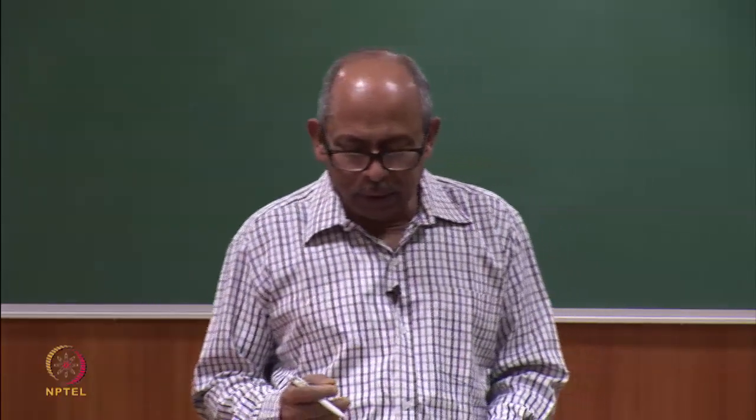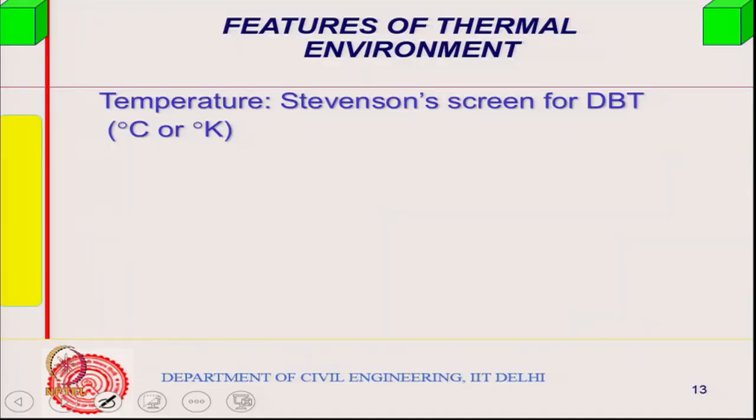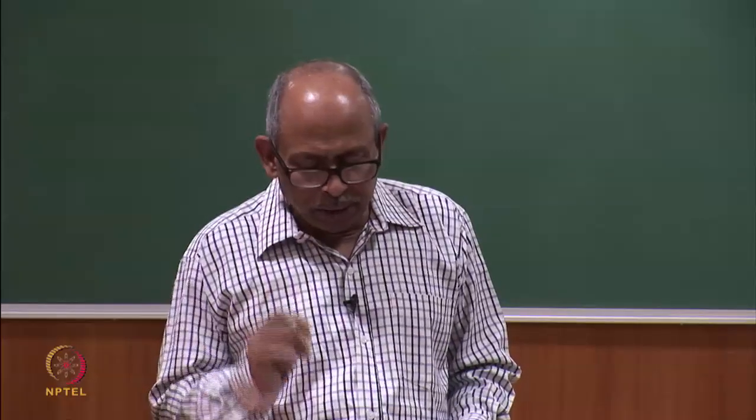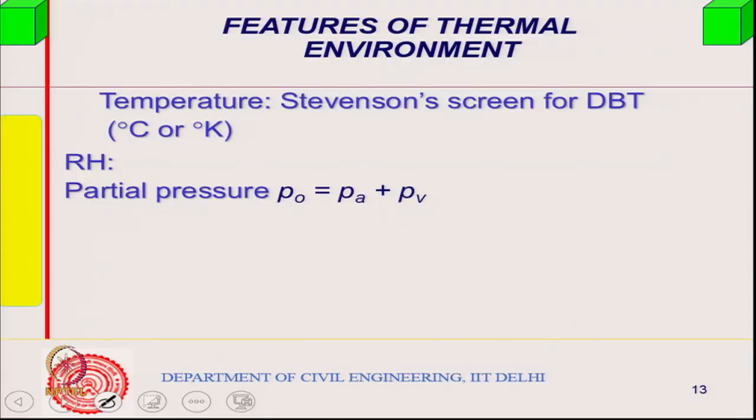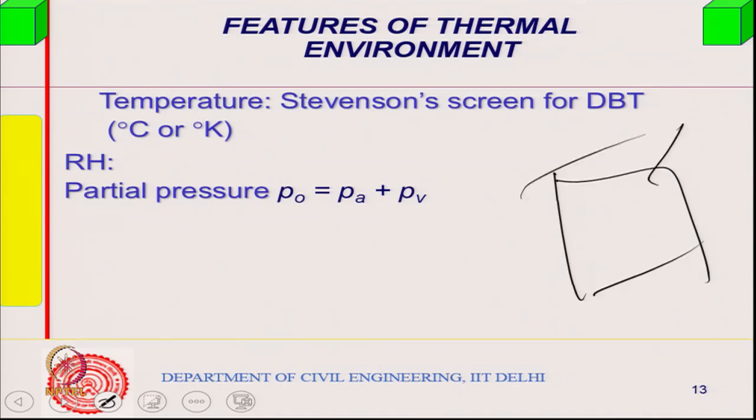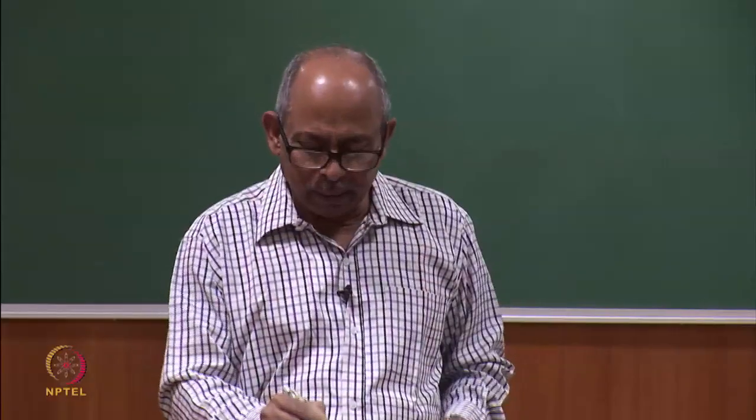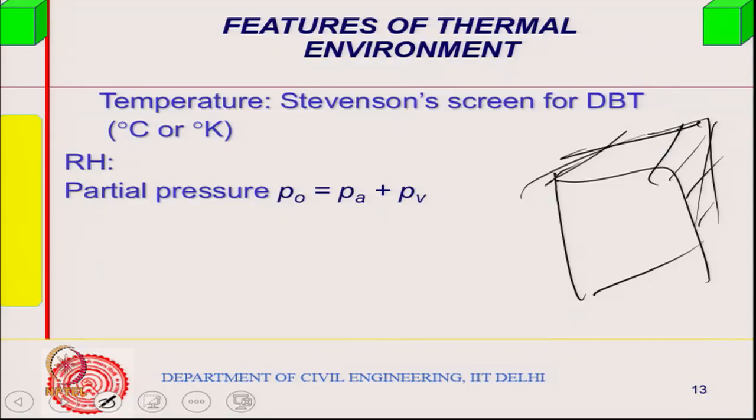If you look at the equations, dry bulb temperature we measure. I am just repeating this, we do this in some other course. Temperature we measure in a Stevenson screen, dry bulb temperature is measured. If you have seen, outside temperature is measured in a box which has louvers, so that air movement is not there. So it is calm air, and this is called dry bulb temperature.